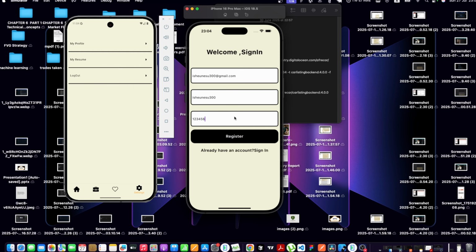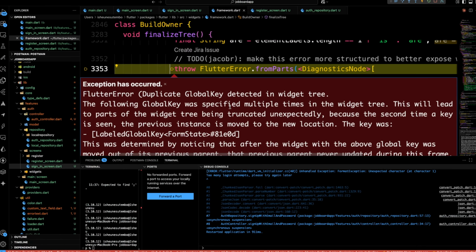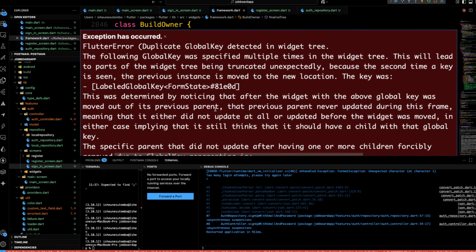Okay, so let's try to sign in again. So what's going on? So the global key was, this key was,